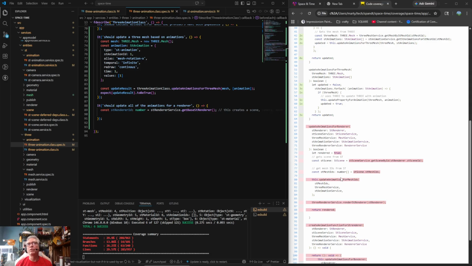We created a base renderer. So we can pass in a renderer to this. And we have all these other pieces. We have the scene service, the mesh service, the animation service, and the renderer service. I wonder if I should have passed in the renderer ID instead of the renderer, and then use this renderer service to get the actual renderer. But see, this is trying to get the 3 renderer, not the actual 3 version. So anyway, let's try calling this update. What's it called? 3 animation class